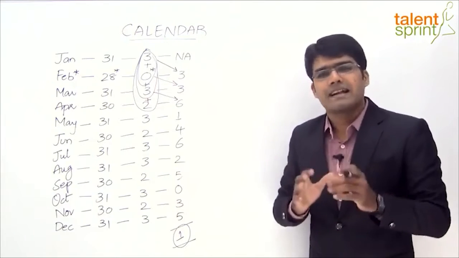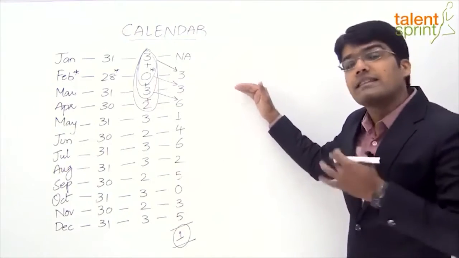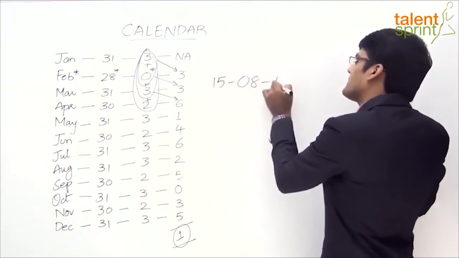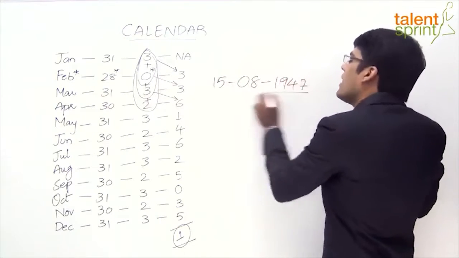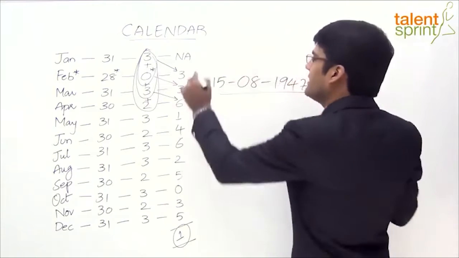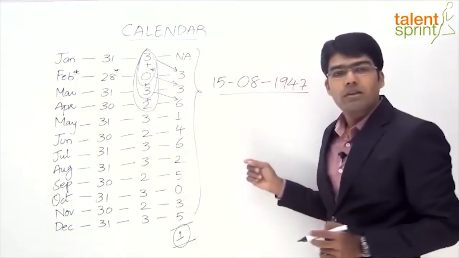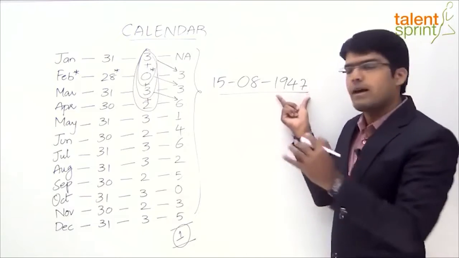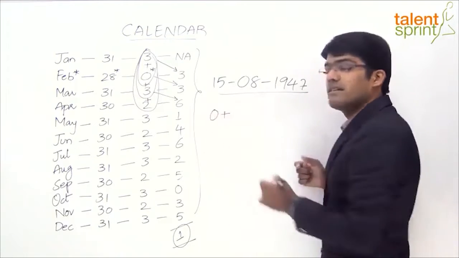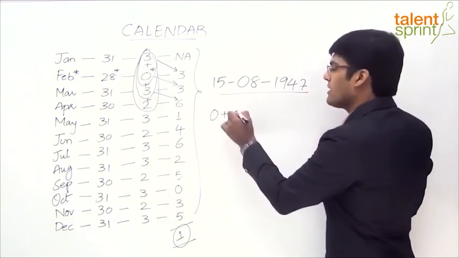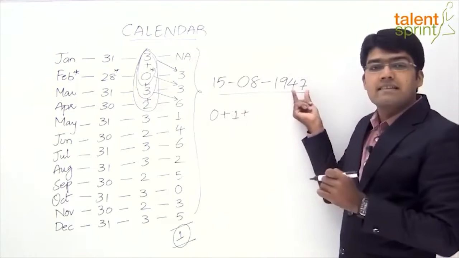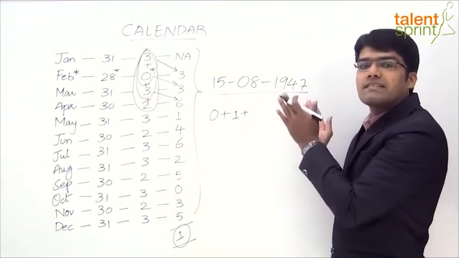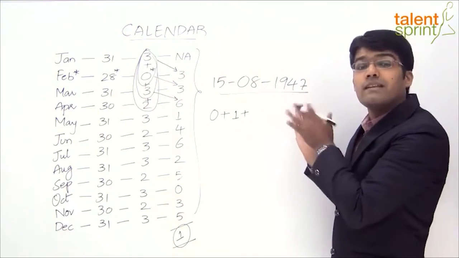Right? Let's understand with the help of an example. We'll take the same example that we have taken earlier, 15th August 1947. Let's see how this last column here is helpful in finding out the number of odd days. So what do we do? 1947, up to 1600 years, 0 odd days. Then for 300 years, 1 odd day. Then comes 46 years. We are not considering the 47th year, only up to 46 years, 1901 to 1946.